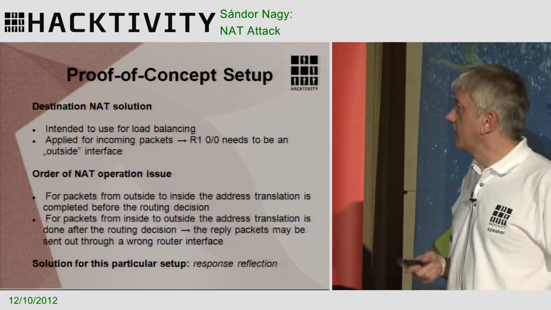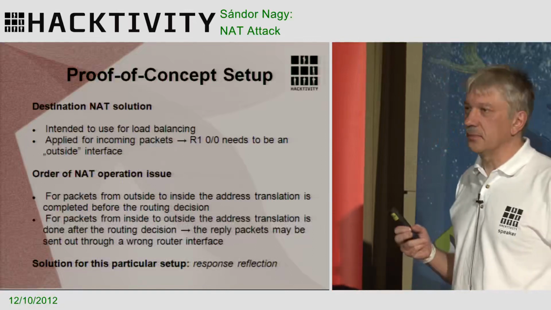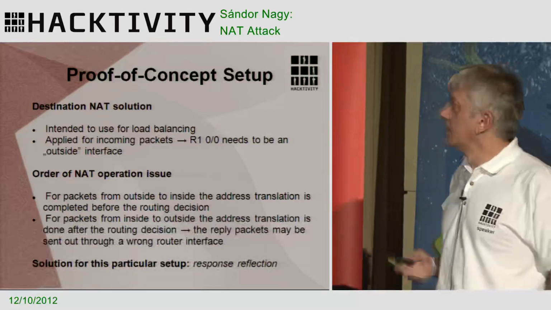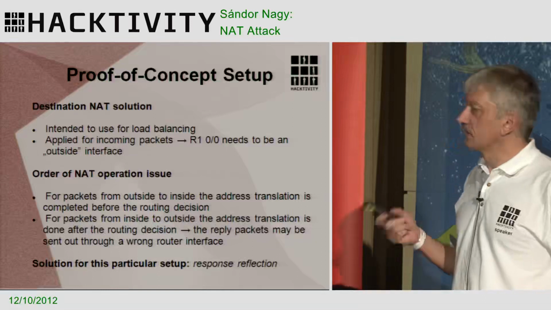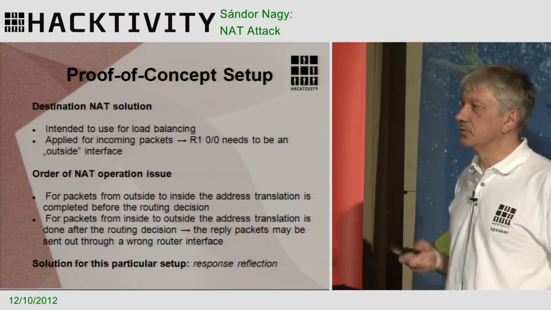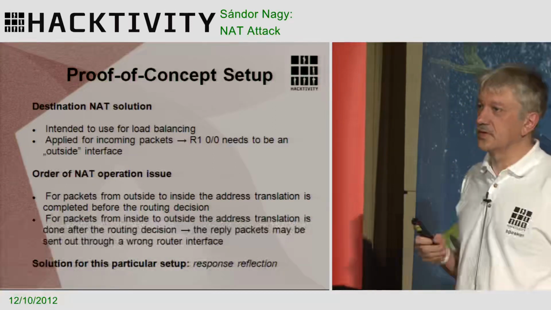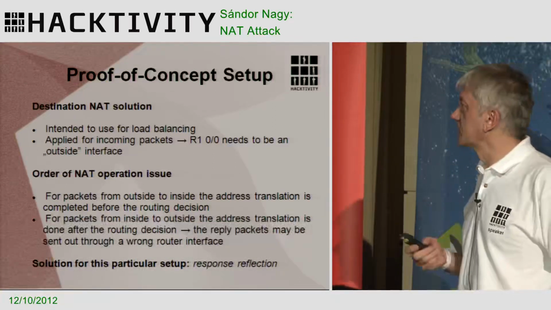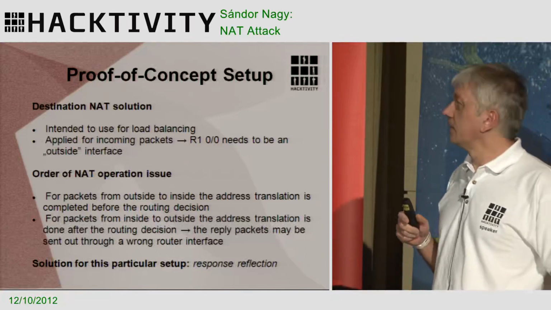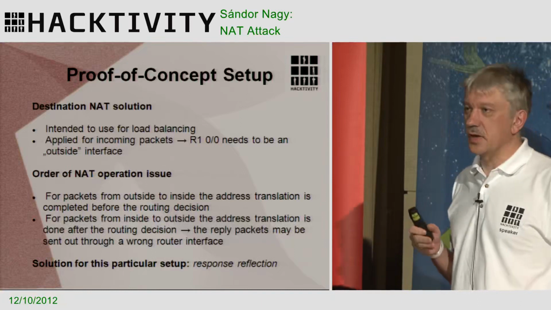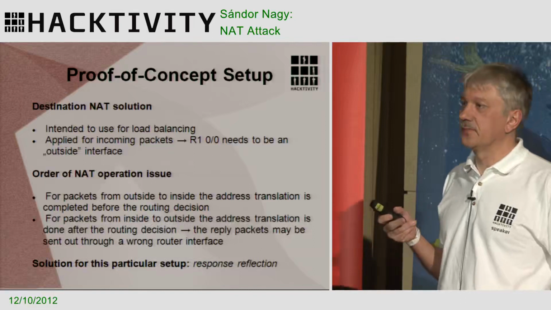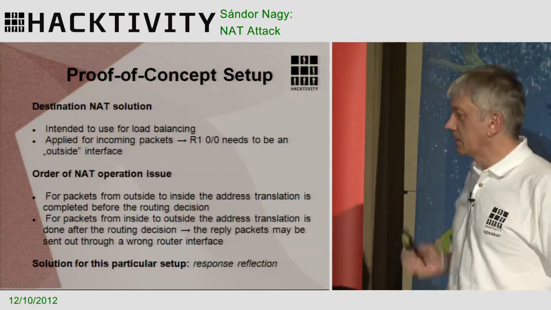For incoming packets from outside to inside, the network address translation is done first, and then the routing decision is made. So the address is translated and the routing decision is made. However, from inside to outside, first of all, the routing decision is made, and then the network address translation is done. And this is a problem because